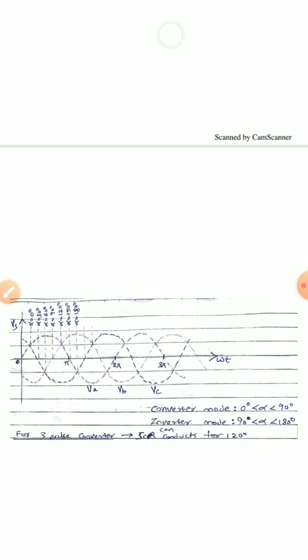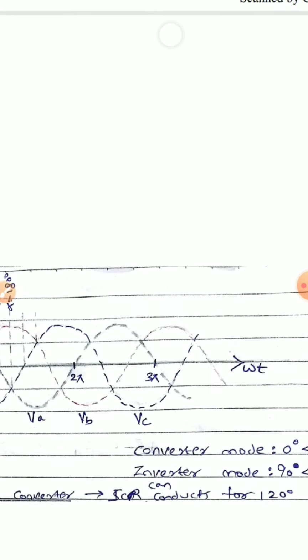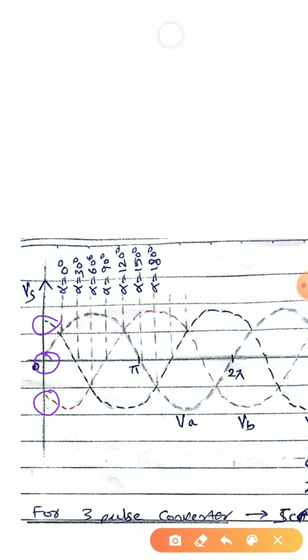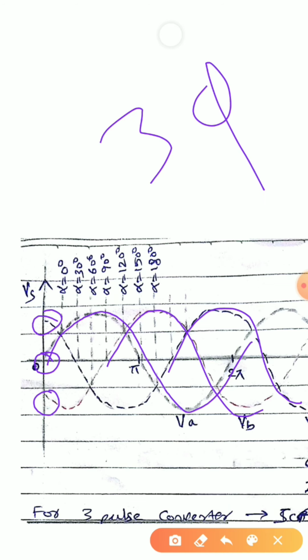For understanding the performance, let us look into a three-phase waveform. Now this is my three-phase waveform. Here we can see that one wave is starting from 0, one wave is starting at this position, and one phase is starting in the positive half. So this is my first phase, this is my second phase, and this is my third phase. So I have a three-phase supply.